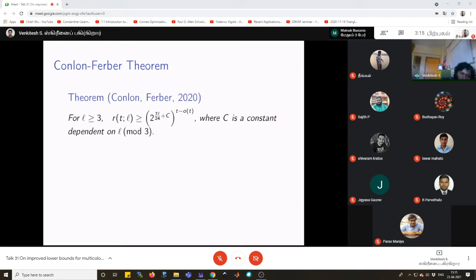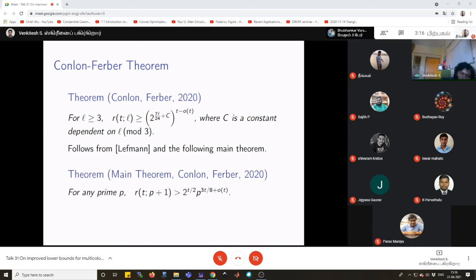So, let's start with the main theorem. Just to recap, this is the statement of our theorem. How do we do this? So, the strategy is more or less the same. They do use Lefmann's recursive inequality that we just saw in order to build upon the lower bound for higher values of L. But then there are certain basic values of L for which they do prove the result, and it turns out that for the base case, in some sense, the following is the main theorem that they prove.